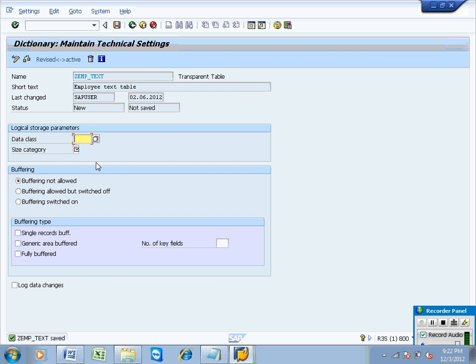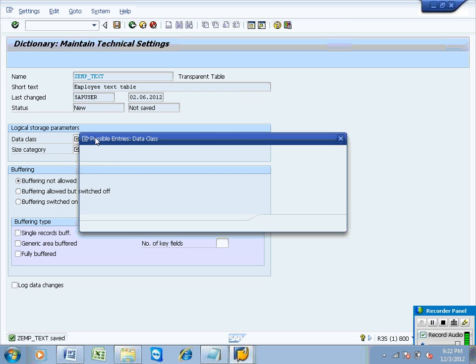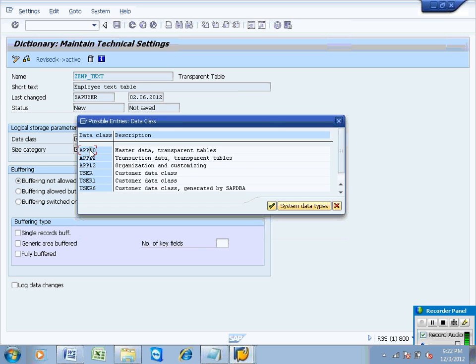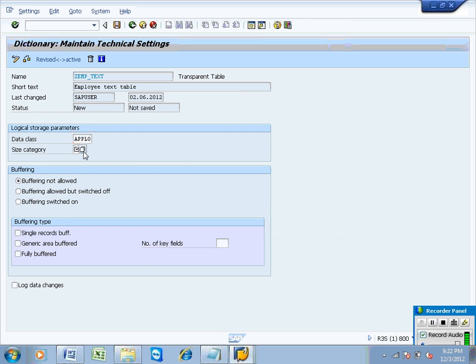Now, it is asking for the data class. Text is master data. Okay, in the source system also you can find master data and transaction data, and whatever data you are going to keep in the table, that is master data. So select master data and the size category. You can have different size categories. It is not coming up here, but we can have input values like 0, 1, 2, like that. 0 means 0 to 60,000 records. Okay. 1 means 0 to a certain limit. Based on the size category, based on the expected data in the table, we need to come up with the size category. I am giving 0 here and click on save.